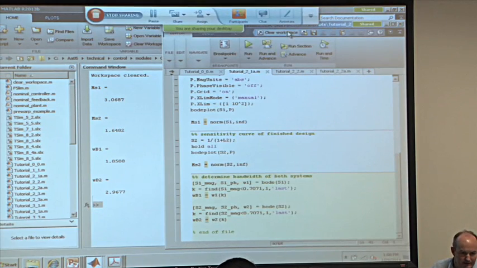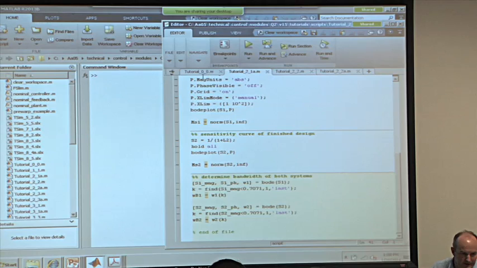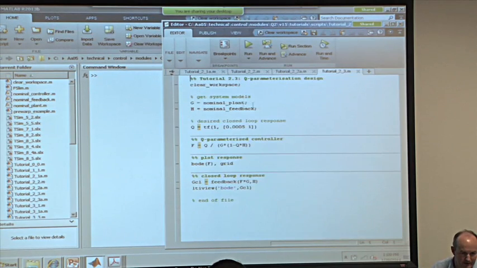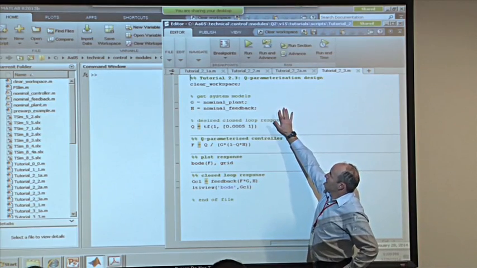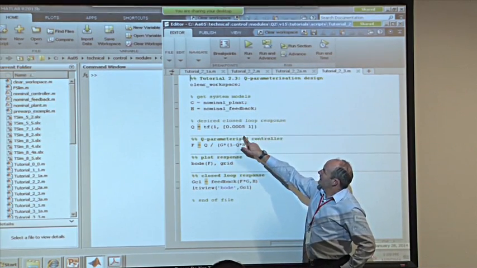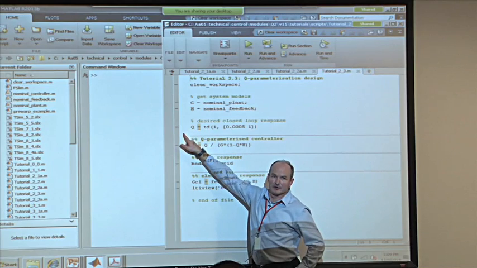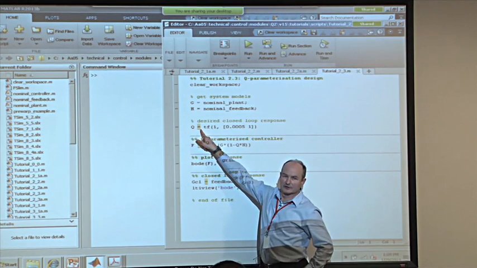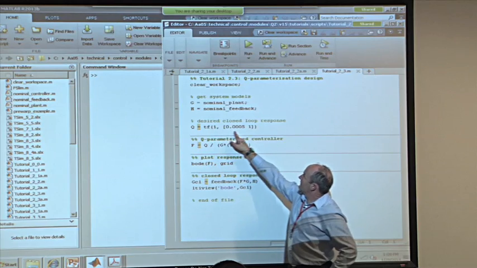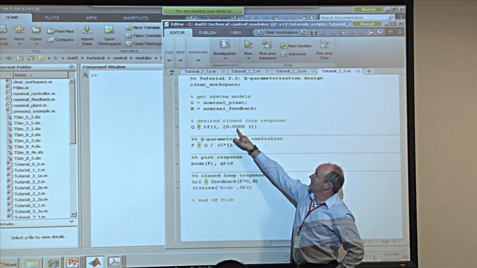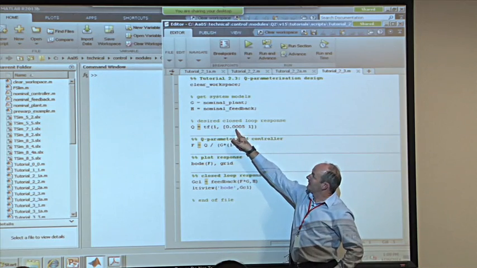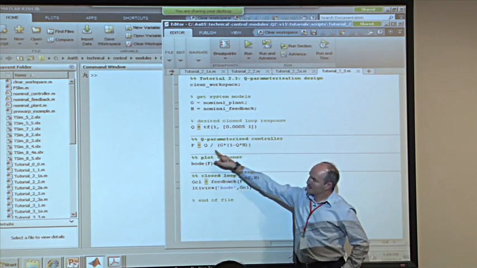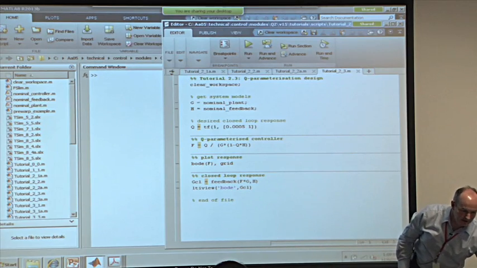So in MATLAB, I believe I have this script. Here I'm just creating a model of the plant and the feedback, and then what this line does is create a model of Q. So it's using the transfer function script and giving the transfer function 1 over 0.0005 s plus 1. That's 1 over 2,000 radians per second. That's the time constant. And then in the next line down here, what we're doing is calculating the equivalent controller